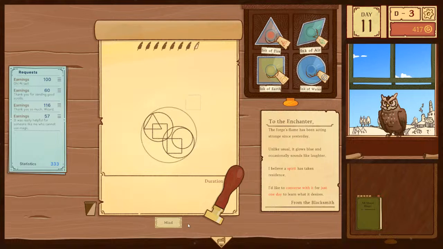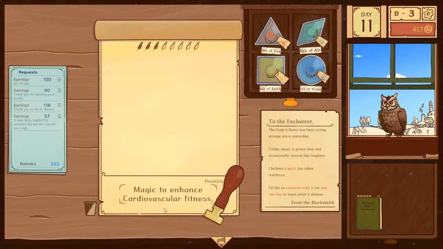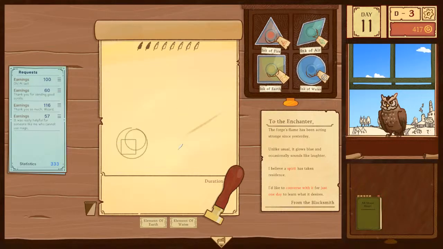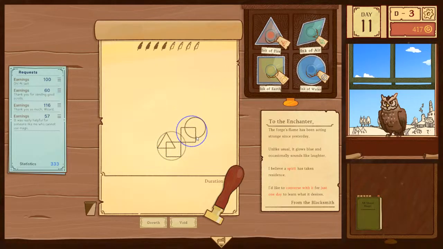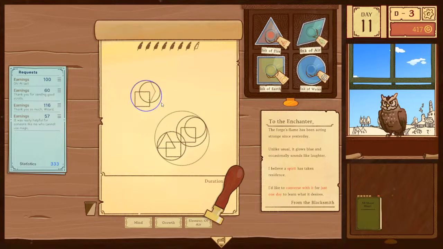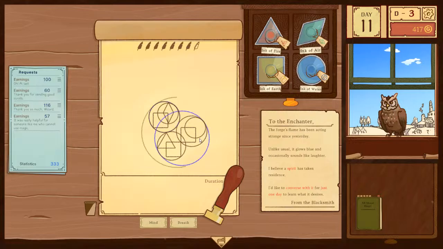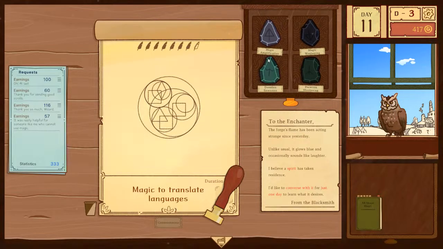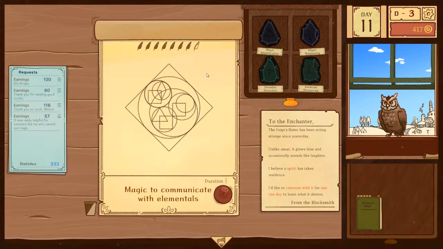Huh? One so out of bounds it couldn't. Animals. Communicate with elementals.